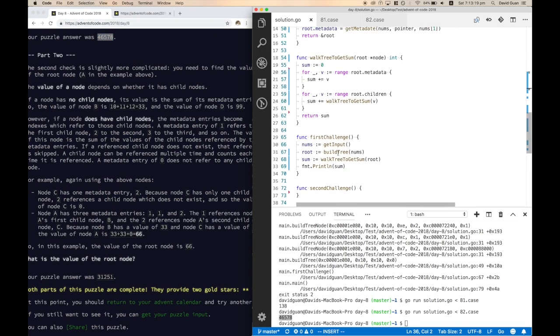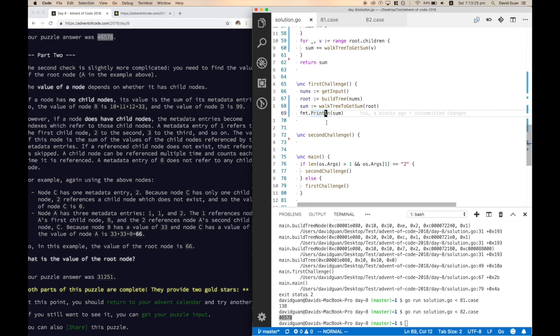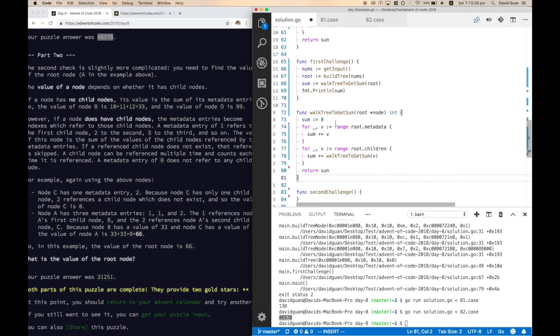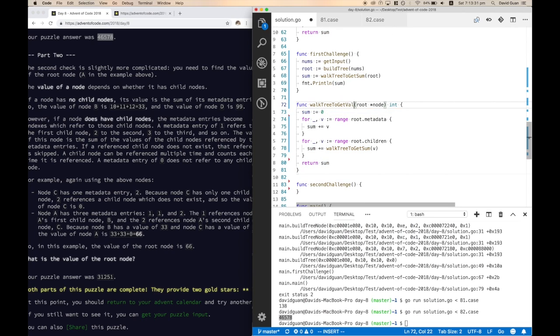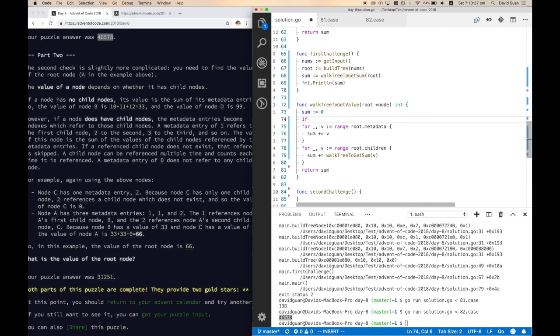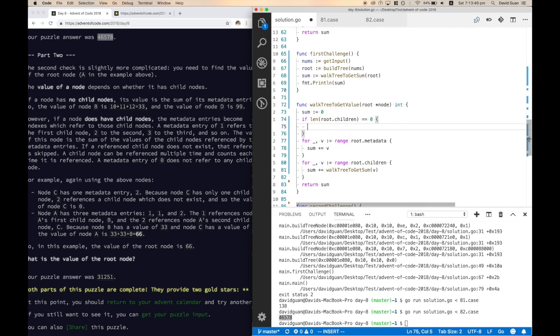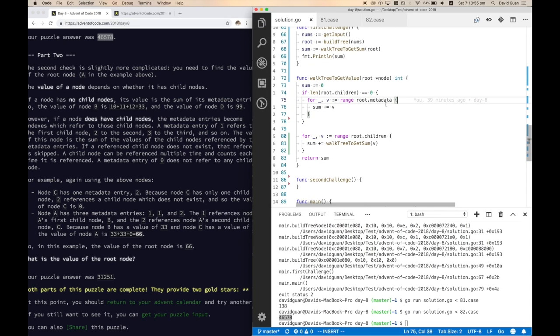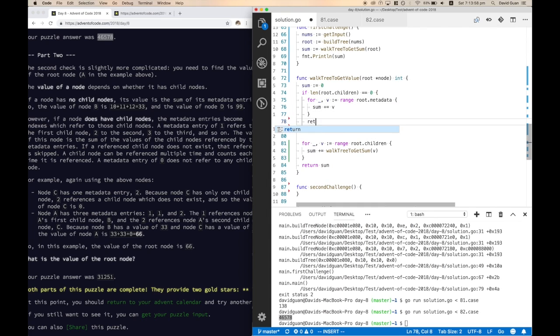The second problem is almost the same, but we have a different method to walk the tree to get value. And if the root has no children, then the root's value is defined by the root's metadata alone. And we're going to return the sum. If the root has children, then